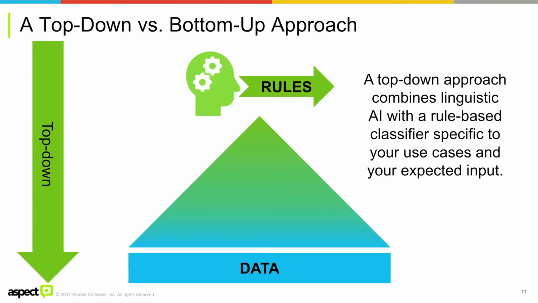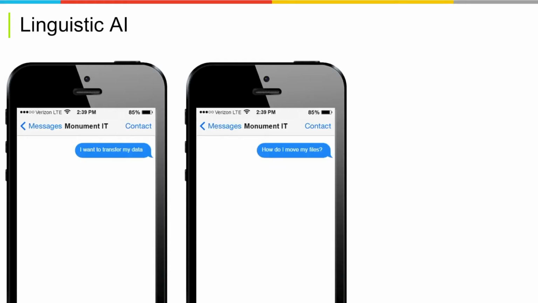An alternative is a top-down approach, which says, okay, can we try to build a classifier that matches our data? Again, we still need to have some examples of how people are going to express themselves. But we're also going to leverage some linguistic AI that will help make those classifications. But we're still building something that is going to say, given a sentence, how do I figure out what they're trying to say? And the reason why we need linguistic AI is because it is very difficult to figure out from the surface what exactly maps to what.